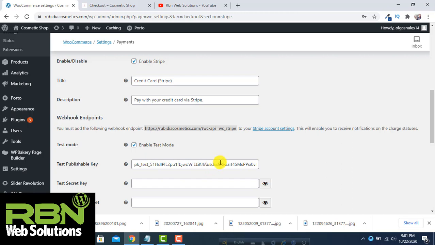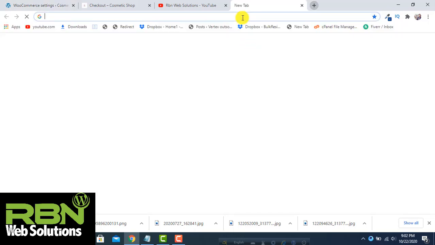So you can firstly check whether the test mode is working or not. If it is working perfectly, then you can put your live API key, live publishable key and secret key here. So we are going to use the test mode first.